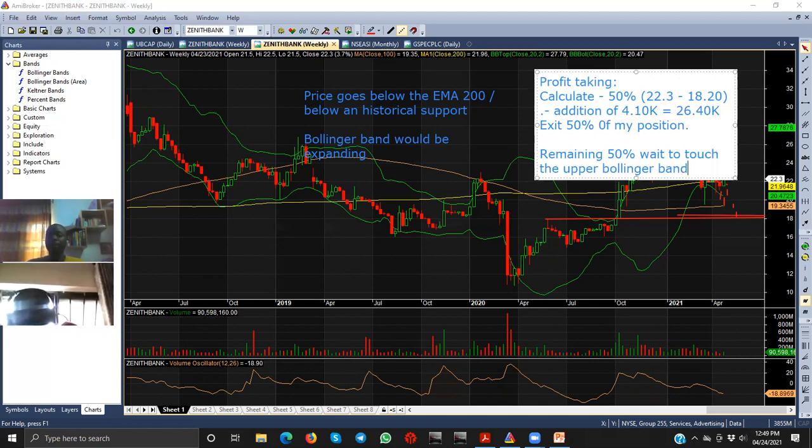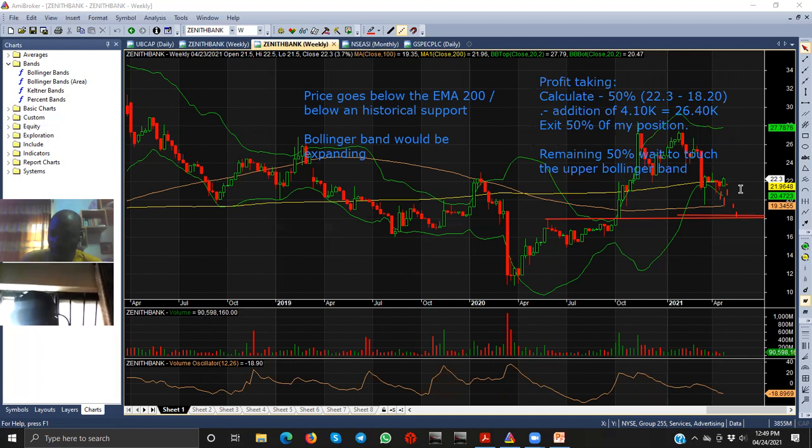So this is for exit. Now, in terms of stop loss, the exit is when it goes below the moving average, 200, and below the historical support. For take profit, it is when there's a rally. Assuming we take this Zenith Bank trade, and I've said that my exit point in terms of stop loss is 18 naira 20 kobo, and I take this stock at 22 naira 30 kobo, I subtract it, which means that I'm risking 4 naira 10 kobo, isn't it? Now, I'm ready to lose 4 naira 10 kobo. But if it continues to trade in that direction after I've entered, and it gets to 26 naira 40 kobo,